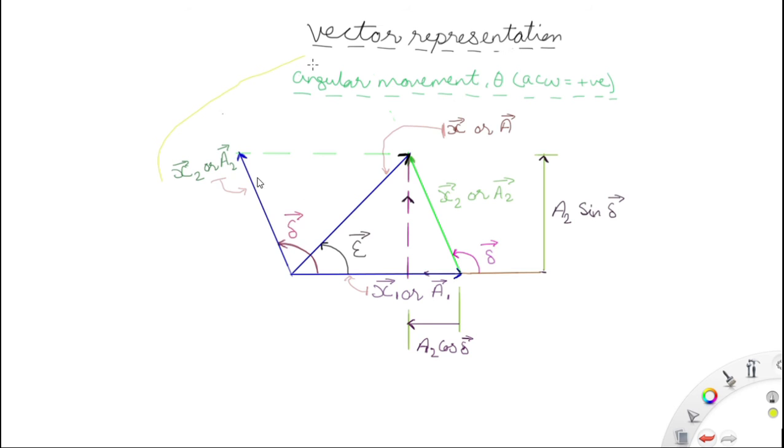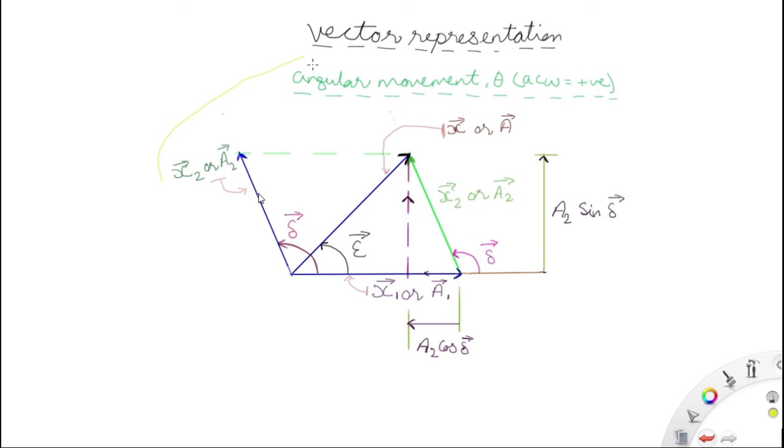Similarly x2 and a2. So x2 is the linear displacement vector of particle 2, which is the final position, and this is the, yes, not the final position. x2 is not the final position, it is the displacement vector that has been caused by force F2. Okay, so wherever I had been saying it wrong, make it right.